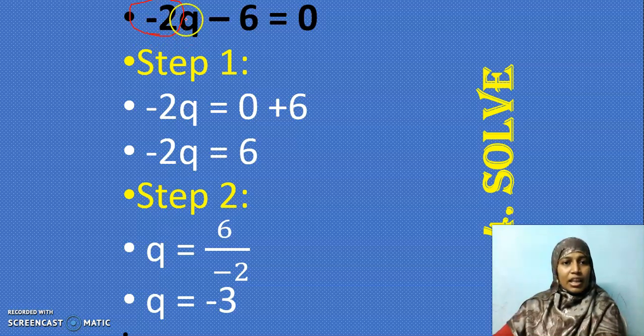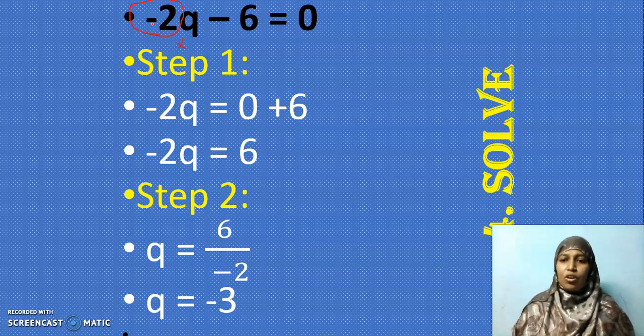Here it is an integer. Minus 2 is an integer having a relationship with q with an operation, multiplication. Together you should look at it as that. This negative sign doesn't mean the operation on it. It just represents the symbol for that number. You should know to identify the symbol for that number and the operation that is being performed.